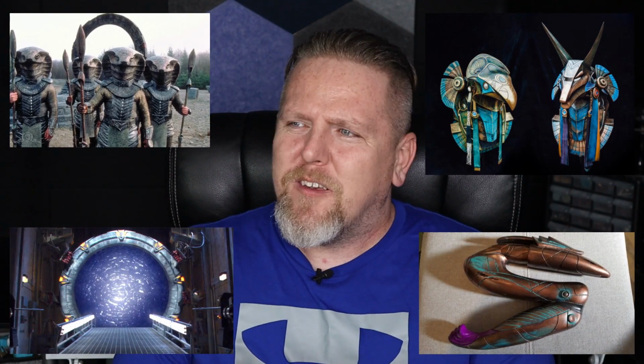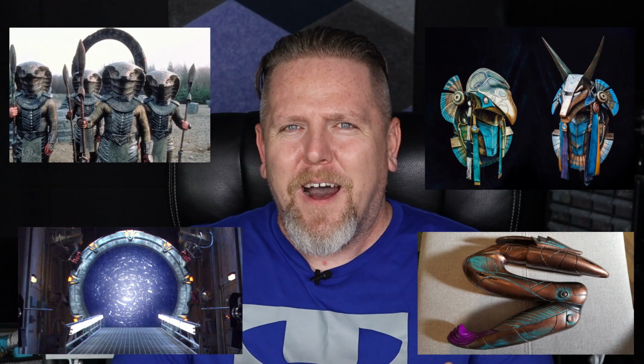I was looking for something relatively small to try and build because a lot of the things in there are Egyptian inspired. They are very elaborate. The headpieces that some of the enemies wear in the show, the gate, all of those would be super cool. The guns that they use would definitely be on the list, and the staff of some of the Jaffa. I wanted to build all of those things at some point and just haven't got around to it for some reason. So today I thought I would start with something